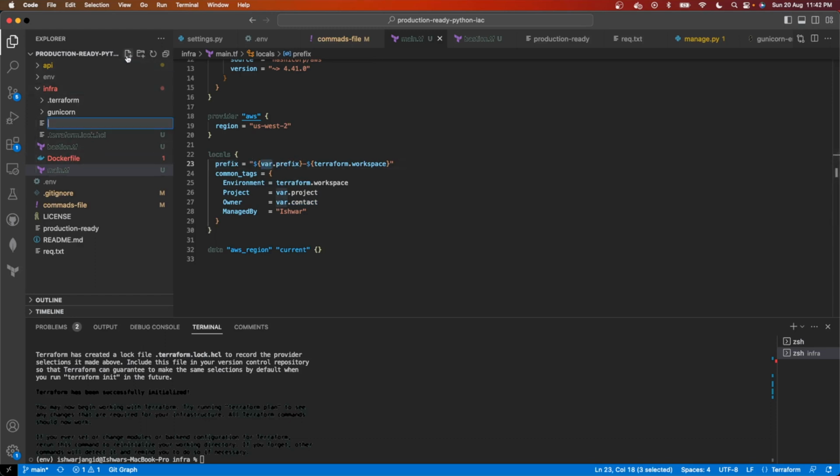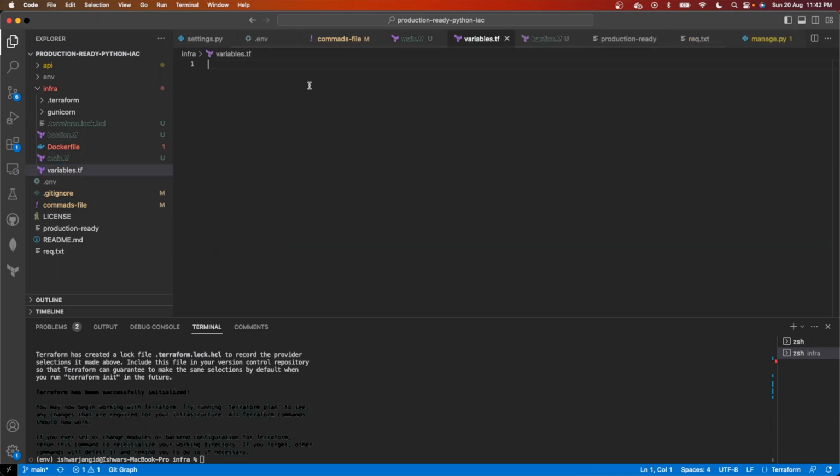So we have to create a new file, variables.tf. Okay, and here we'll create a variable block. Inside variable, the first name will be prefix. So all of our APIs will be prefixed by this, and the default is, let's name it backend. So we are writing it for backend, and let's name a project also. So variable project, and then the default value will be equal to backend